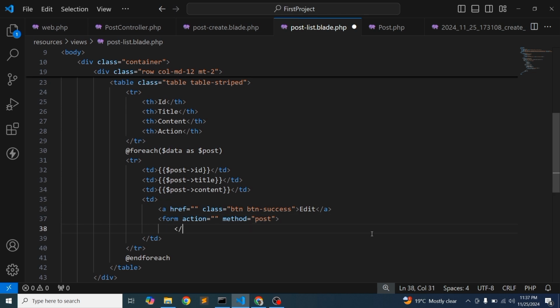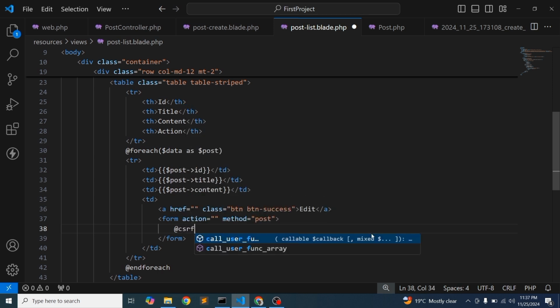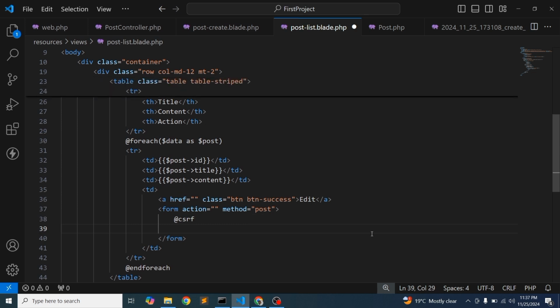Okay, and let's close the form. By that form we will pass all the things. So simply write @csrf, csrf token, and another thing, we'll use the delete method. So for method here provide delete,